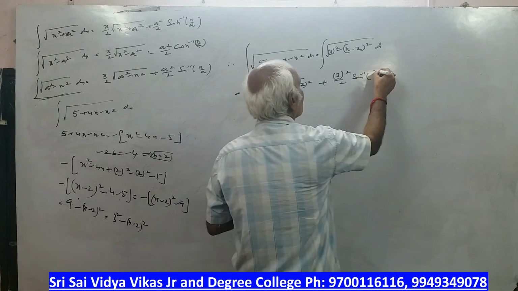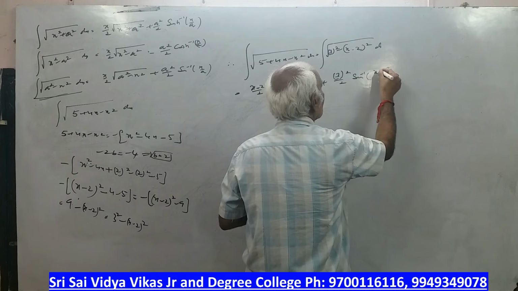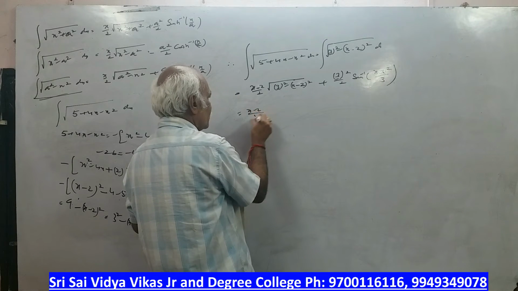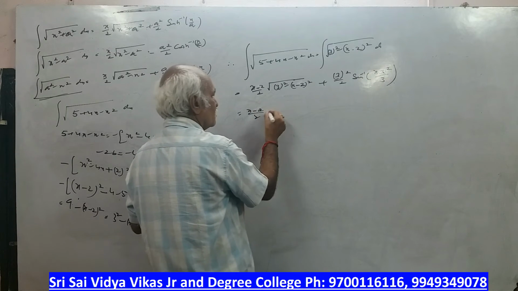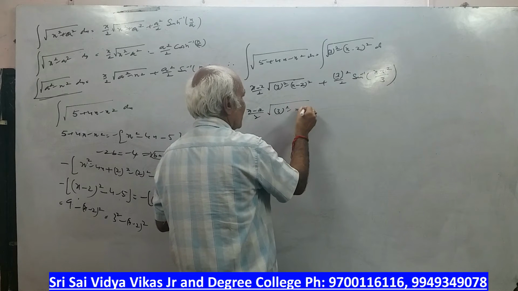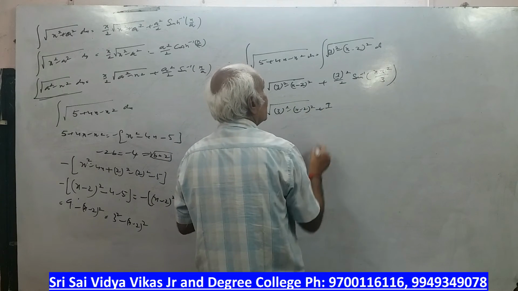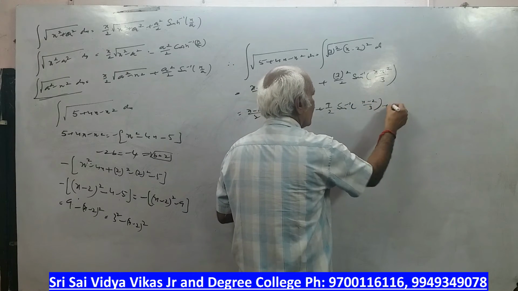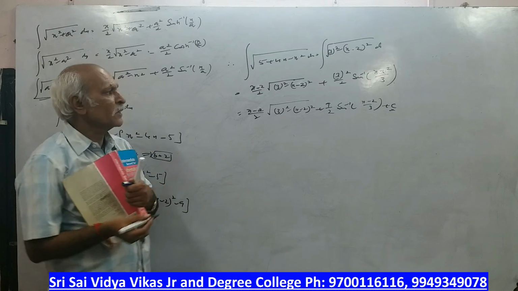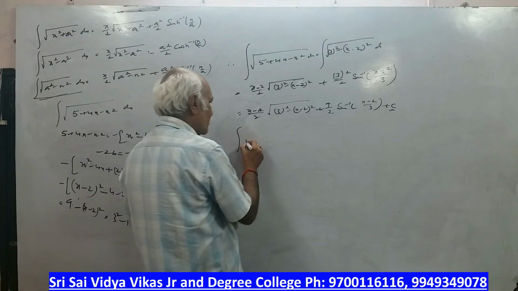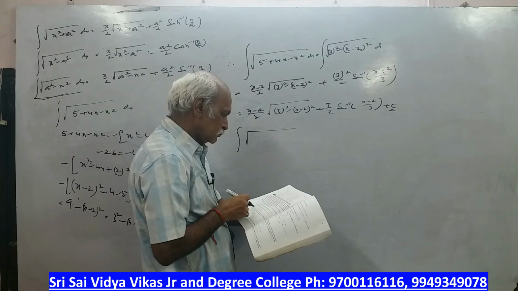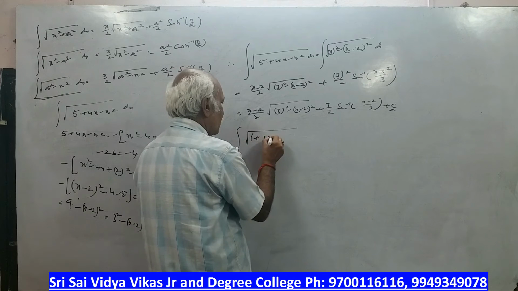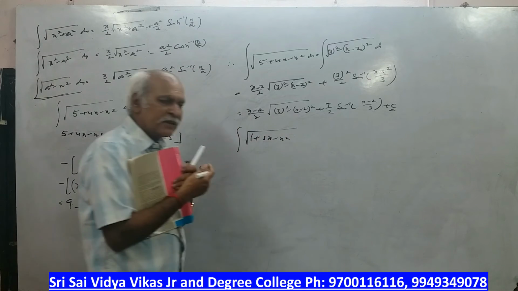x is what, sir? x minus 2 by a is 3. So this becomes x minus 2 by 2. Any simplification is there, you can do: root of 3 square minus x minus 2 whole square plus 9 by 2 sin inverse x minus 2 by 3, plus constant. Okay, we have to apply the same constant. For example, one more problem, you can write root of 3x minus x square. I will just give them a hint.